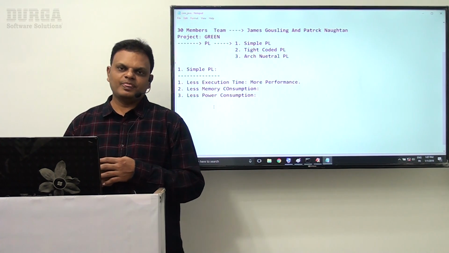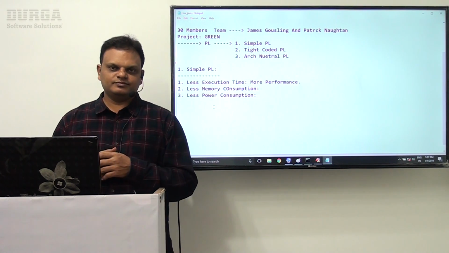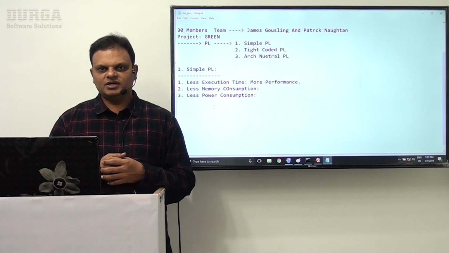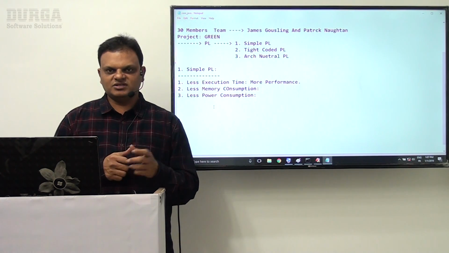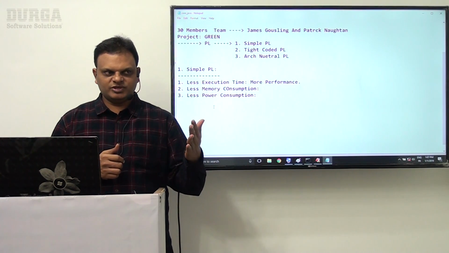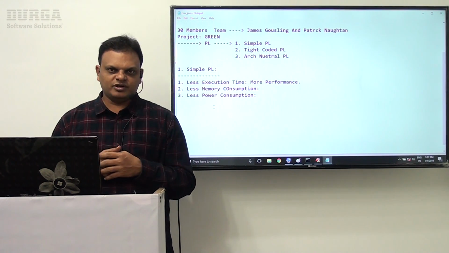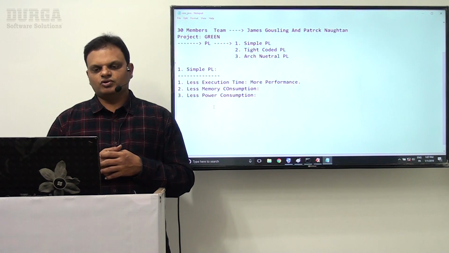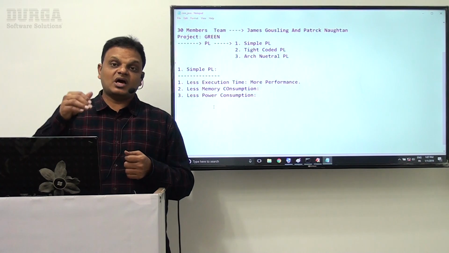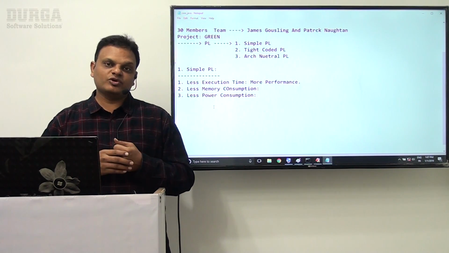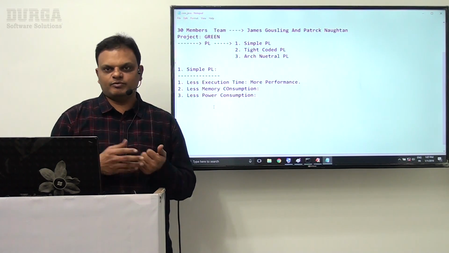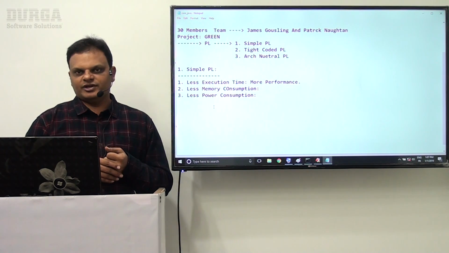Let's say for example, I am going to take a remote controller. Let's say I am watching one channel on my TV. I am watching one football match on the ESPN channel, for example. Good. Then I got some intimation from my friend that on Star Sports 1, a cricket match is going on. That cricket match is very good. It is between India and Pakistan, and that match is going to be very good.